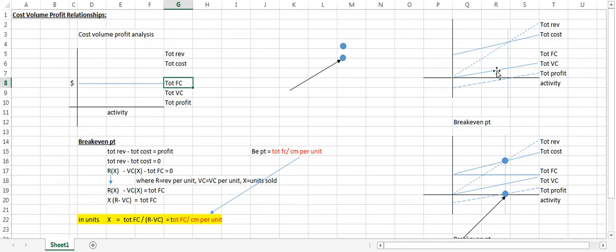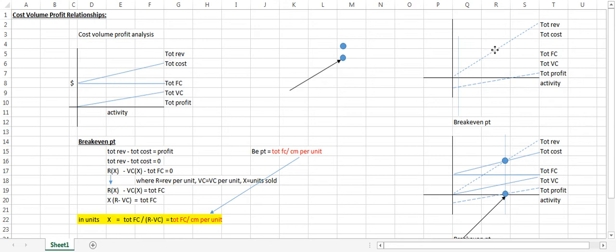We can also include in this graph the total variable cost, so that at point 0 I incur a total variable cost of 0, but as I increase production, total variable cost increases. If I take total fixed cost and total variable cost, I can also come up with a line that represents total cost. And that line would have to start here at the y-intercept, or the fixed cost point. And then any further production from there increases total cost at the same slope as the variable cost. So if this is our total cost line,